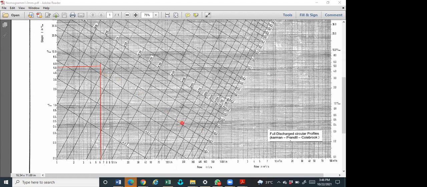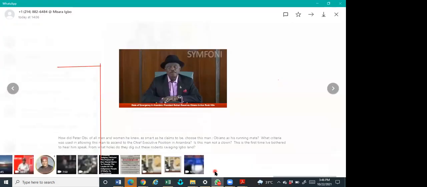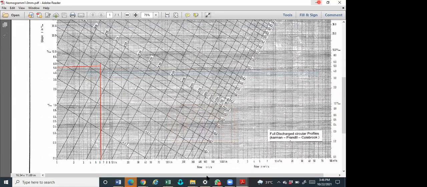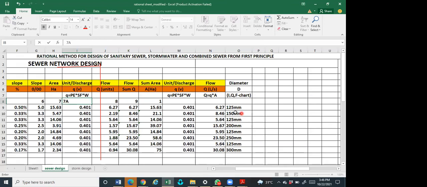So you can see this is about 0.5, no, 0.6. So here, the velocity is 0.6, and the pipe size is 1.125. So I just want us to spend 5 minutes now. I want this class to be interactive and practical. Can we spend 5 minutes and get me the pipe size, even though I've written it, but confirm the pipe